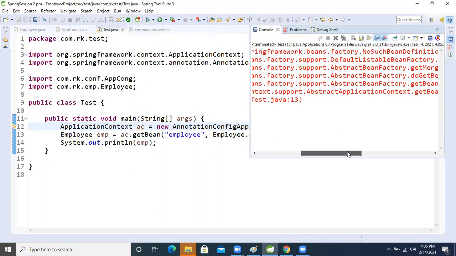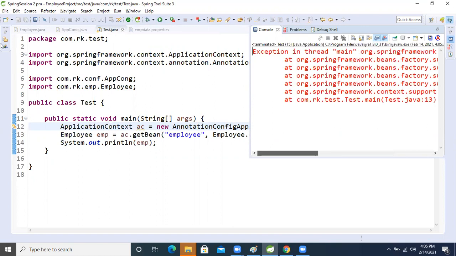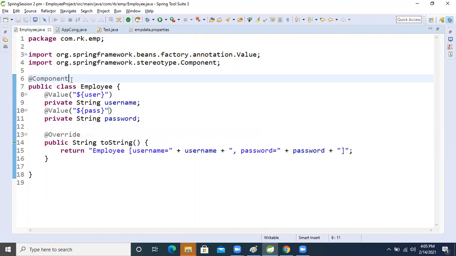Hey, what is this? The problem? No such bean definition, employee, available. Okay, it's saying no such bean. Why? It's available, right?